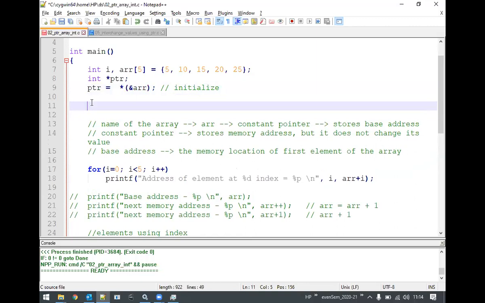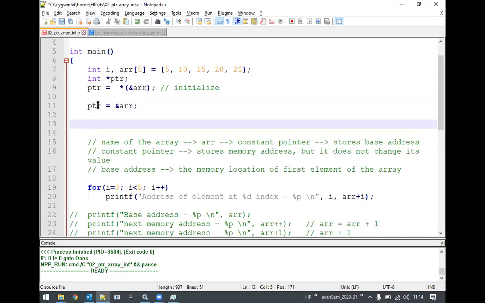Anybody else? ptr is equal to ampersand ARR, okay, so you are telling ptr is equal to ampersand ARR, isn't it? Anybody else? Any other answers? ptr is equal to ampersand N. What is N here?